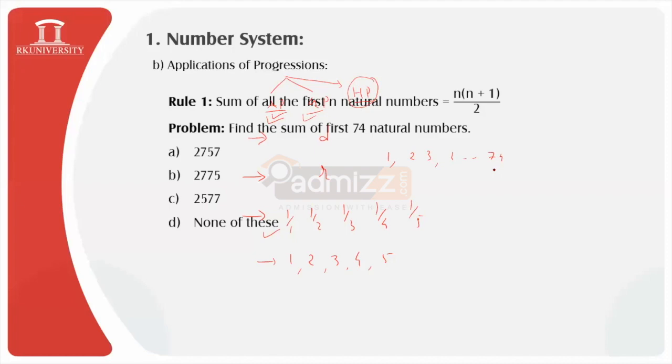Questions will be asked in this way. Now 74 divided by 2, 74 plus 1. So which answer is correct? 2757, 2775, 2577. So put here n equal to